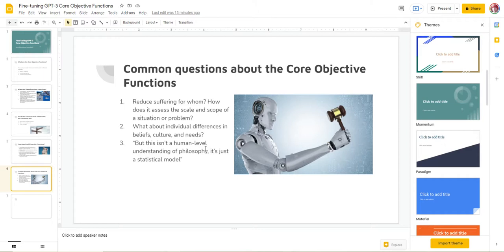Number 1, reduce suffering for whom? How does it assess the scale and scope of a situation or problem? Well, the thing is the core objective functions do not specify reduce suffering for whom. They don't define suffering. This is the nature of heuristics. This allows the AGI to explore what suffering really means, because some of these things you can't define up front, right? And so by being flexible, by being a heuristic,